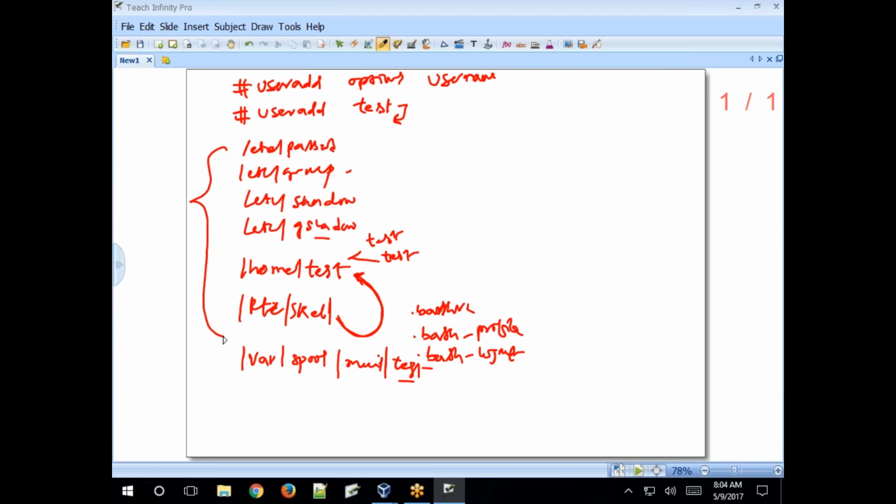So by default in RHEL 7, 0 to 999 is reserved for system users, and from 1000 onwards, up to above 60,000. So if you create any user, and whatever group is created along with that user, the user ID and group ID will be assigned from 1000